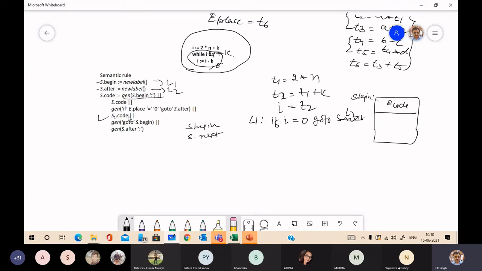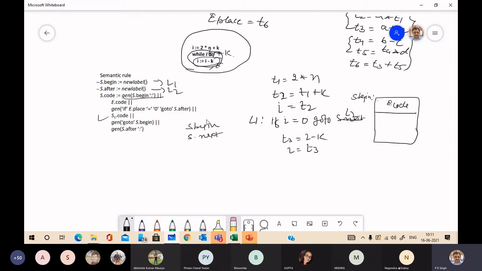Then S1 code. S1 is this. So a temporary T3 is I minus K, where I is T3.